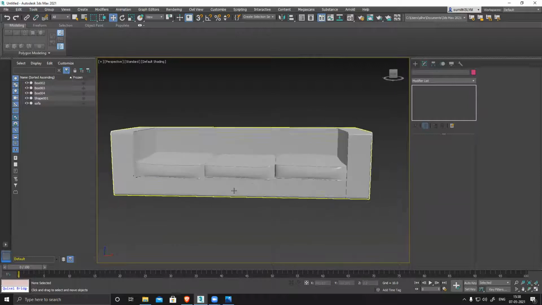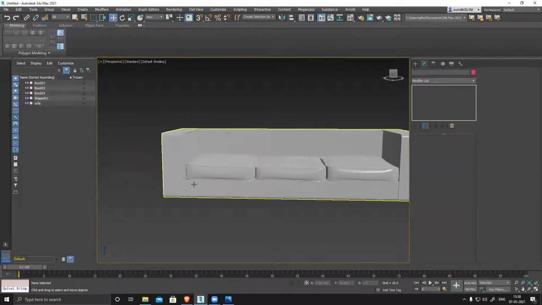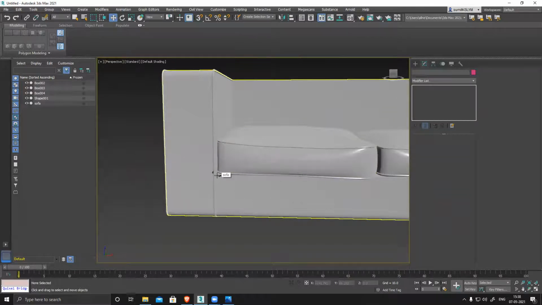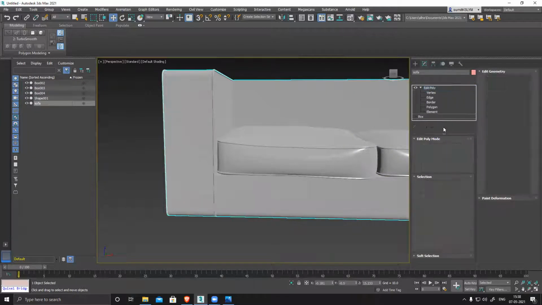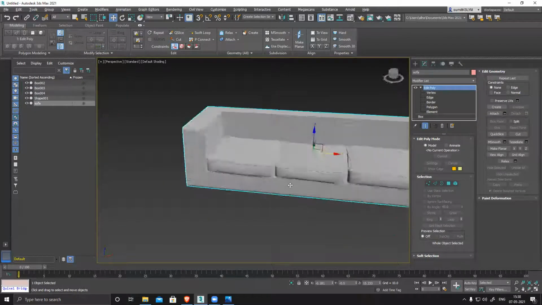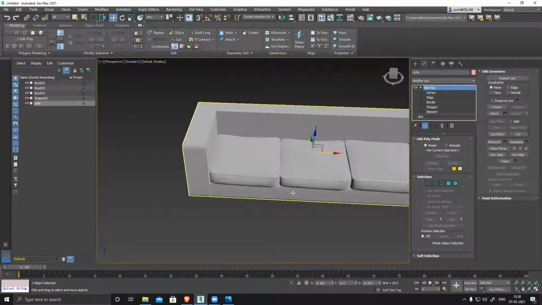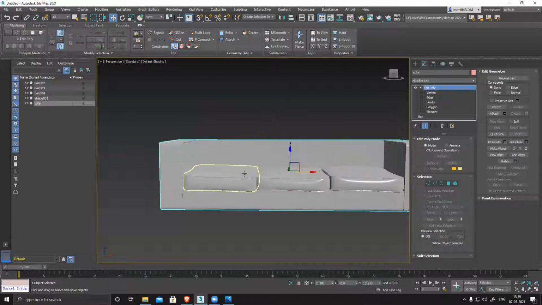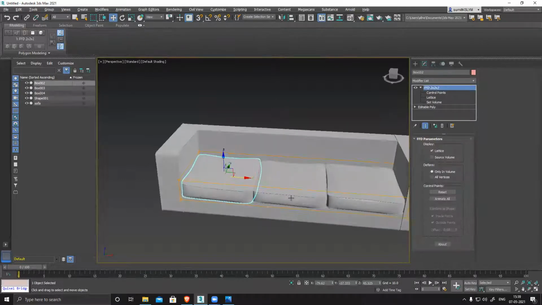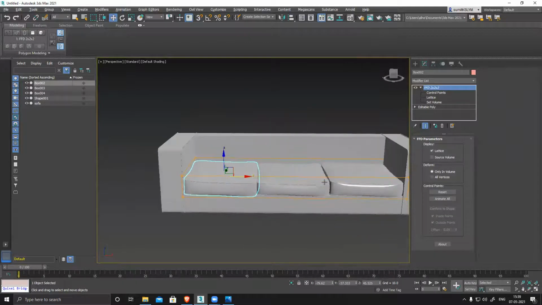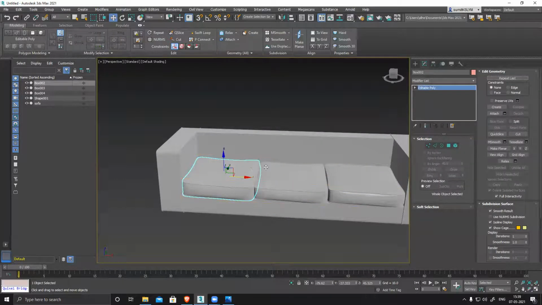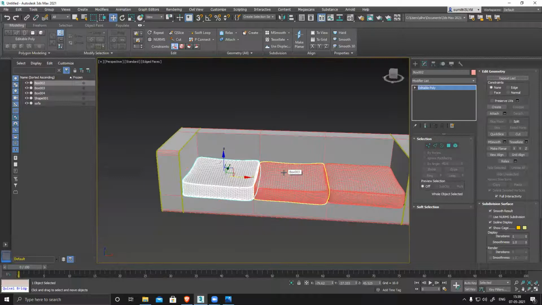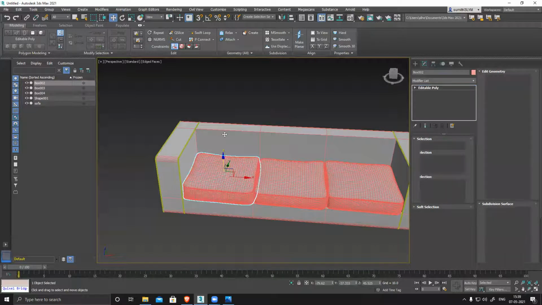Done. I can see this sofa has some edge issue, because there was something gone. That's why this is happening. So anyways, I have to delete this, so it is all clean. See, it's all clean. Now I need to create those cushions in vertical angle. So if I want, I can use this thing also and modify it directly. Like if I want, I can just simply collapse, select any one of them, duplicate it.